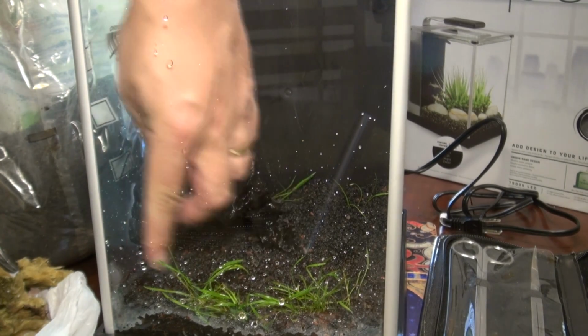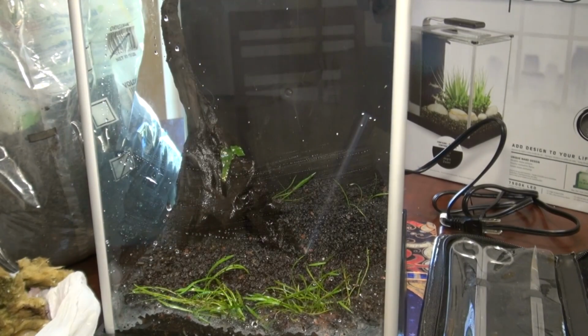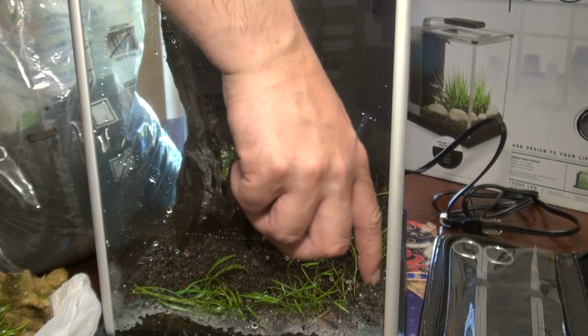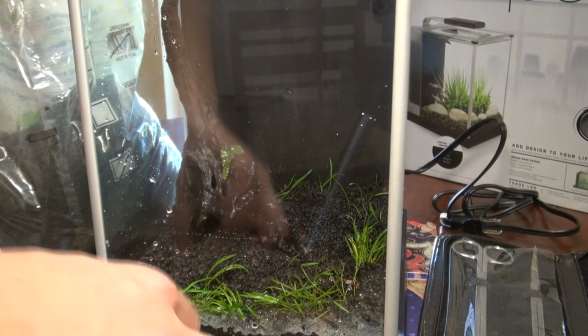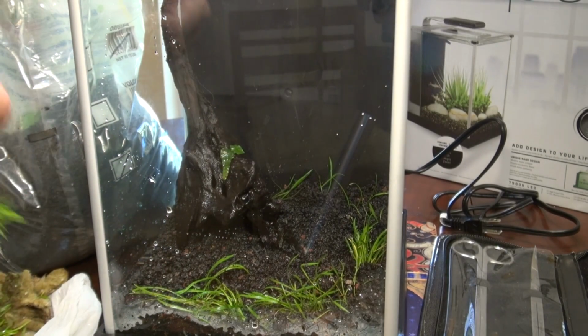Doesn't do much for us being able to see what's going on here. Alright. My plan is to take some of the Vesuvius Sword that did so well in the Fluval Spec 5-gallon and add it actually right up in the middle here. So it'll be going right in the middle where the light is. Unfortunately, the wood's so large it'll have to be using part of that space, but